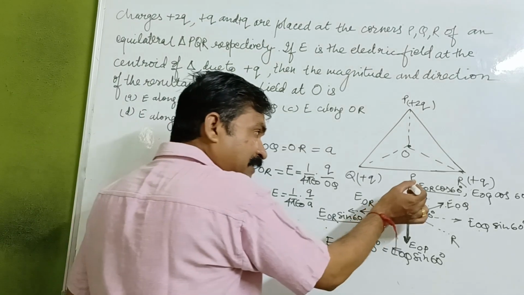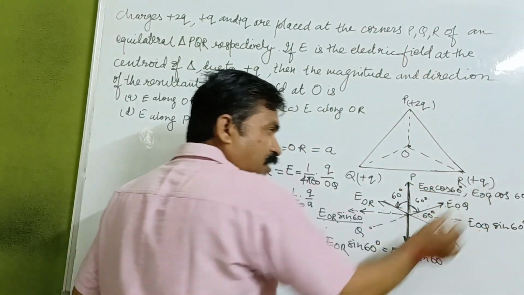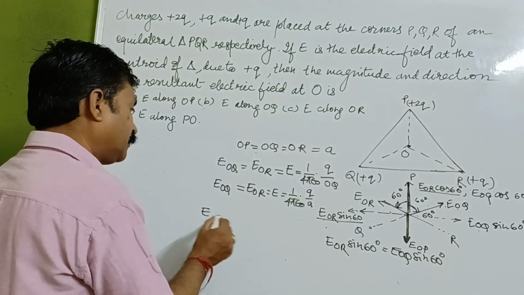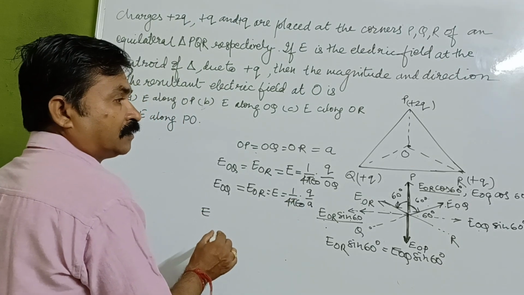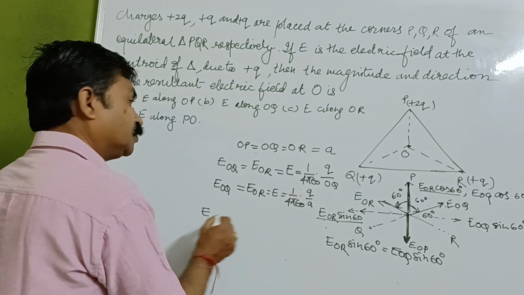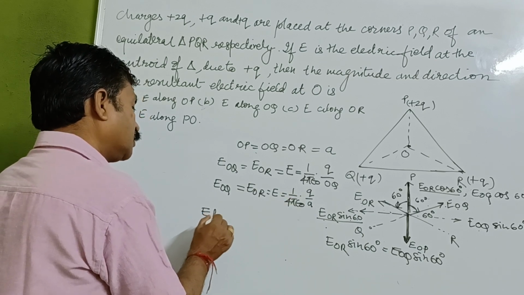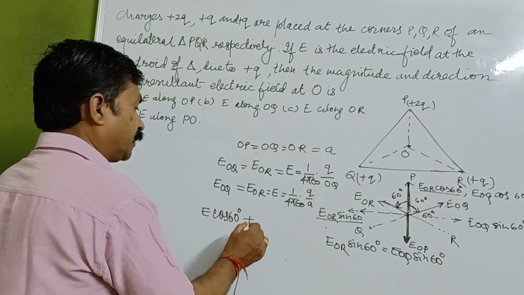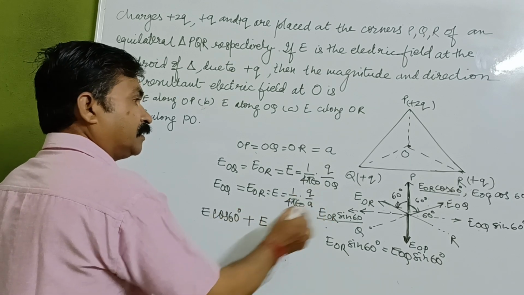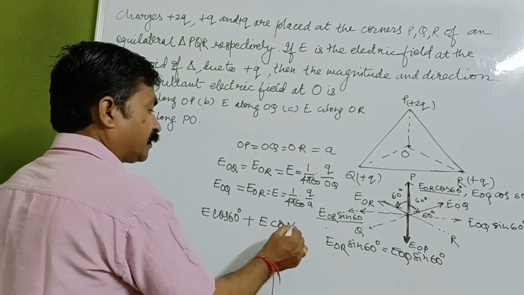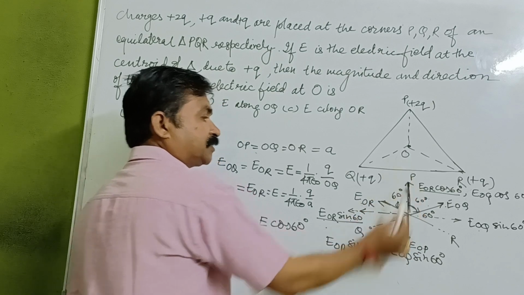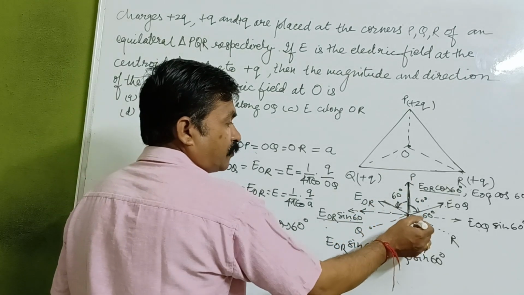Now we have EOR cos 60 and EOQ cos 60, so it will be the addition of these two. So it is E cos 60, and another E cos 60. So this will be working in this direction, from O to P,